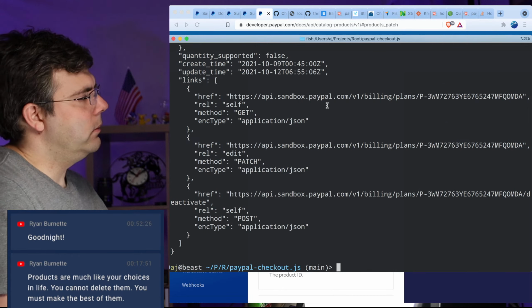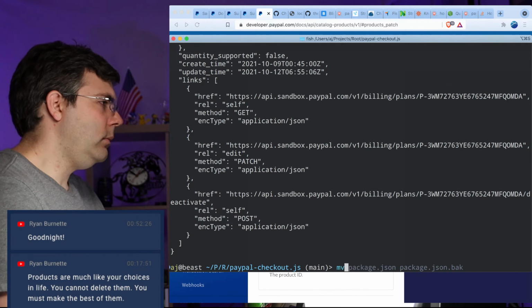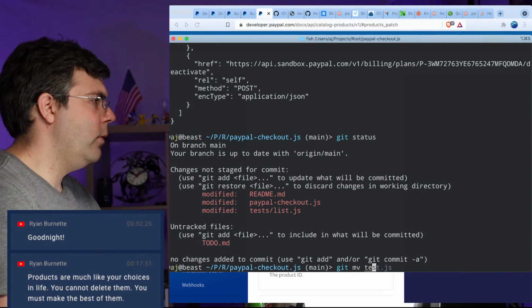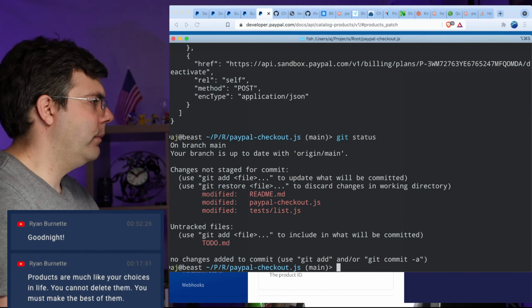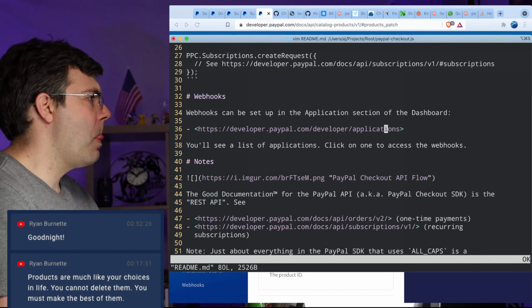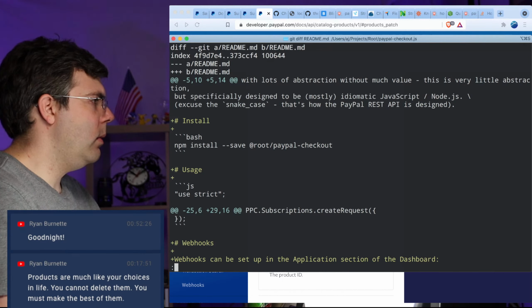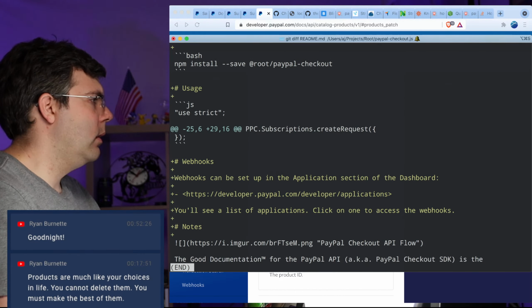So I'm just going to move, well, yeah. The only thing that changed about the README was what? Yeah.